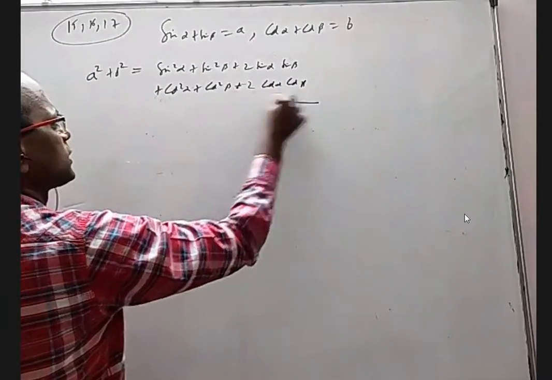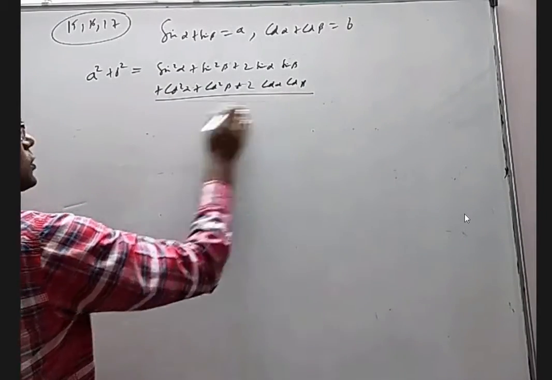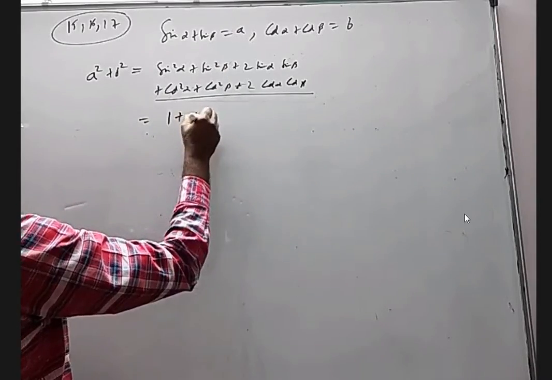Sir, after squaring and adding, then we have to square and subtract them and then divide those both, no, sir? Yeah, I'll check that. I'm trying to do all three questions together. We'll see two approaches. Okay. Sin square alpha plus cos square alpha is 1. Sin square beta plus cos square beta is 1.